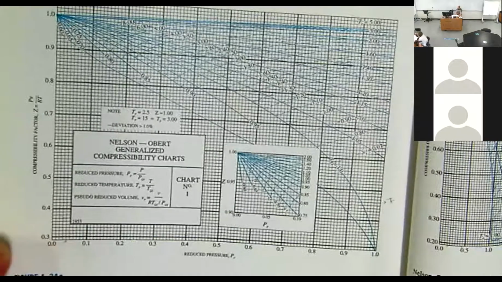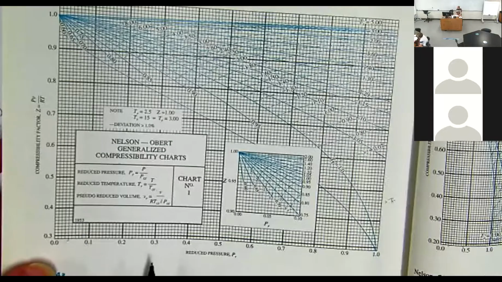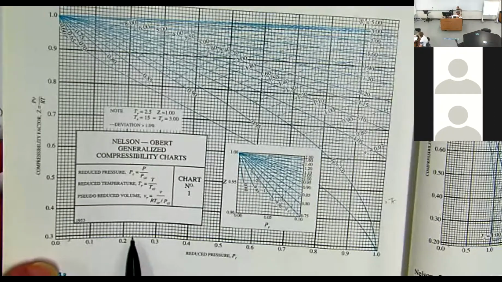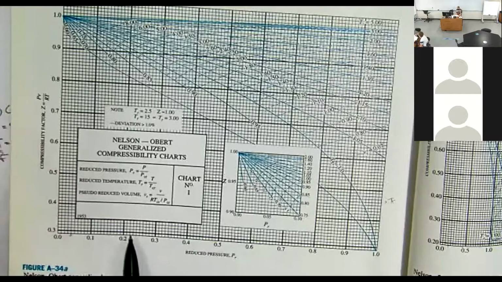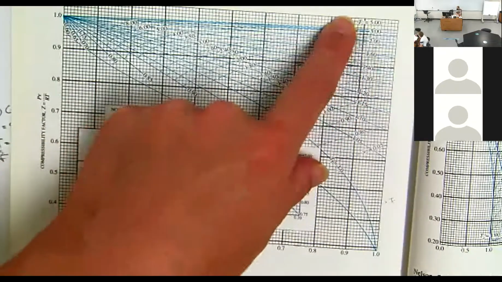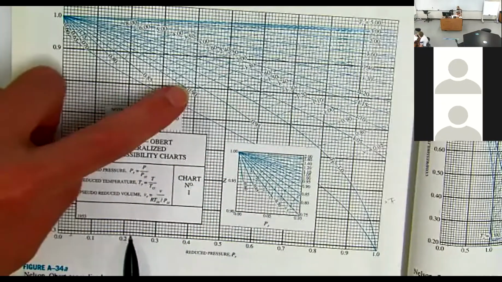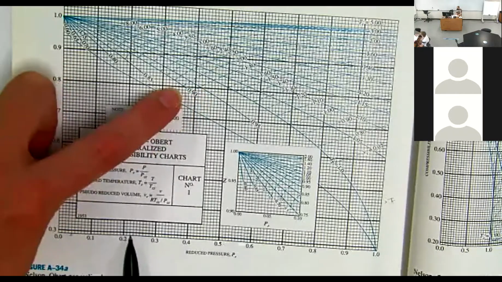So I know that my pressure reduced is 0.22. So I'm going to be at 0.2, I'm going to go over 2, I'm at 0.22. And then I'm going to go up and find my temperature reduced line at 0.92. So my temperature reduced lines are here, T sub R, and they kind of curve this way. So I have 0.9 and I have 0.95. So I'm going to use 0.9 and go up a little bit higher than 0.9, kind of just estimate a